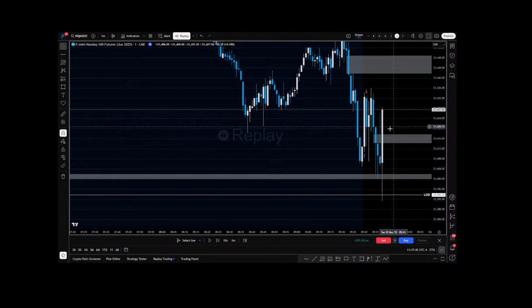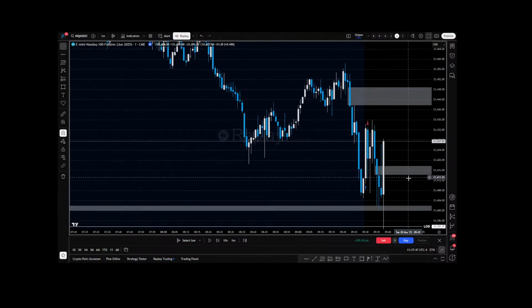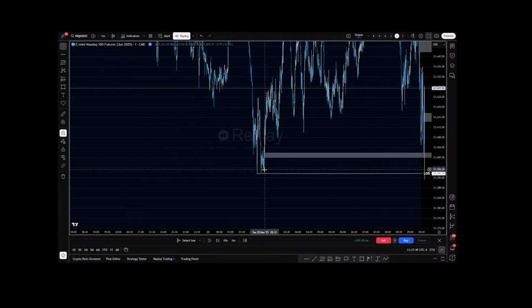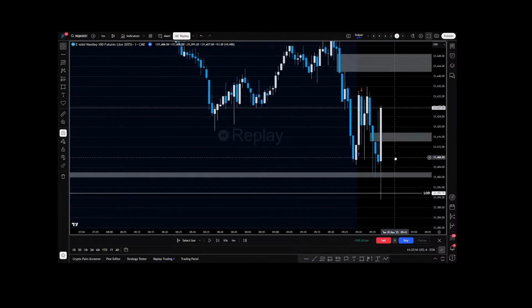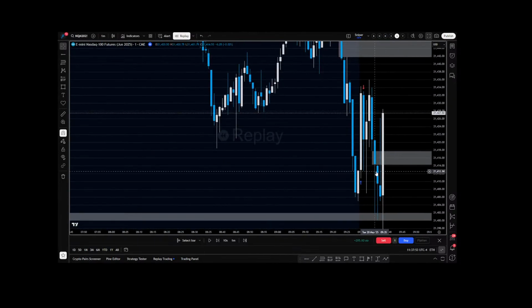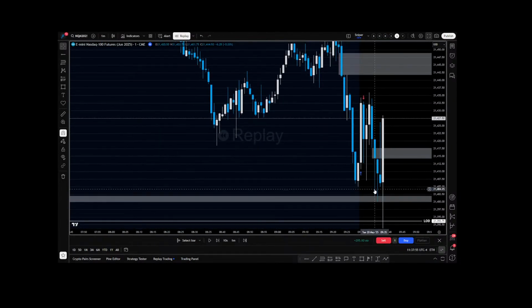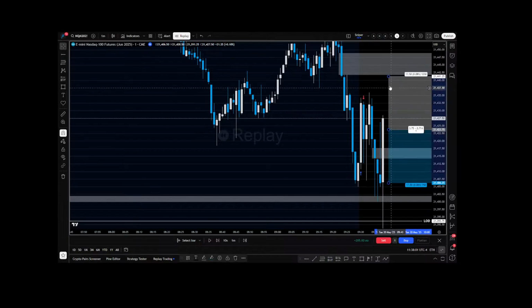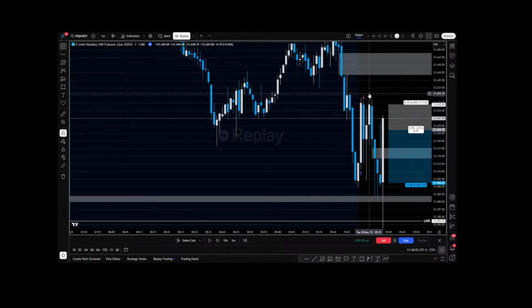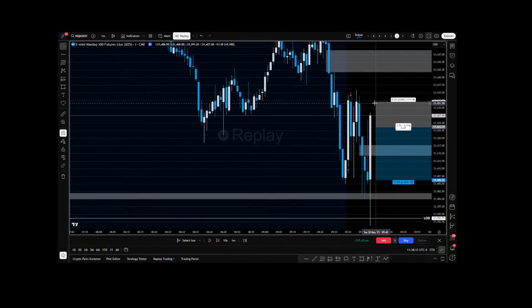This is not the best setup. We did sweep low of day. We did inverse this 1 minute bearish fair value gap, but quite a big range on this candle. If we're gonna take this, the setup would need to be something like, so this high swept this high, right? So I'm not really gonna be holding them up until there. It's done its job, in other words, right? Buy side has been swept.